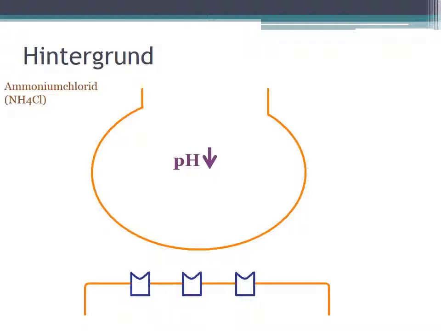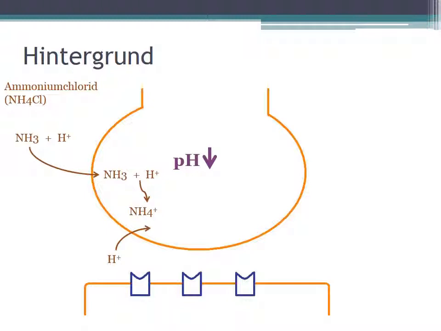So you use ammonium chloride, and this dissolves in water to NH3 and H+. And NH3 can easily cross the membrane and diffuse inside the cell, and then it takes up a proton again. So it's basically alkalizing the inside of the cell for the moment. So we see it's taking up the proton, but now the cell starts to work against this because it wants to keep the pH stable inside. What happens is that it's taking up protons in exchange for sodium.